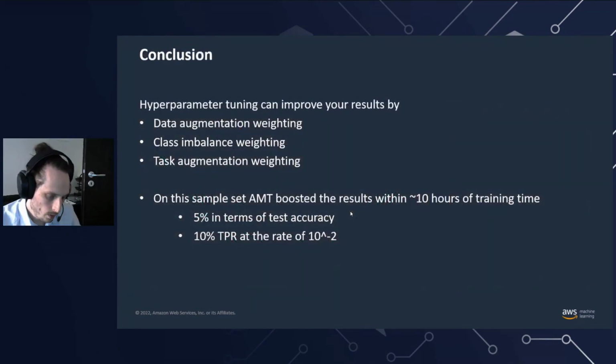So to conclude the talk, SageMaker hyperparameter tuning can improve the results, not only in terms of the traditional hyperparameters, but by finding the optimal weight for data augmentation or class imbalances or task augmentation. And on this specific 5 million set of samples, with a relatively short training time due to the massive parallelism, it was able to boost our initial guesses for hyperparameters in terms of accuracy with 5% and 10% TPR at 10 to the